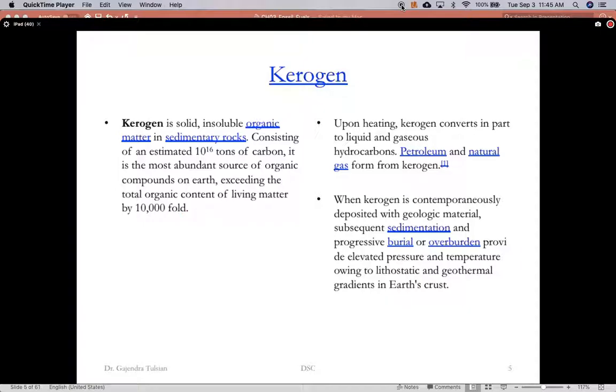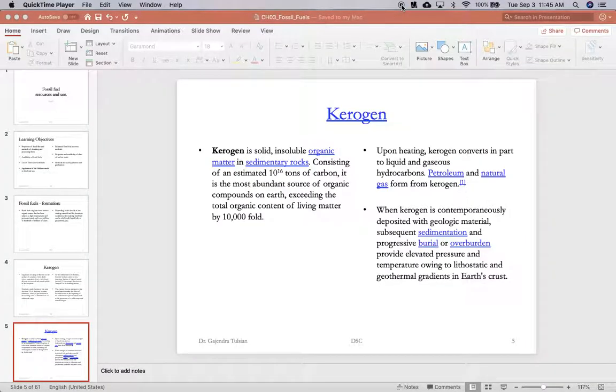Okay. Now I have a link to a Wikipedia page, and you might want to read that. Now upon heating kerogen,